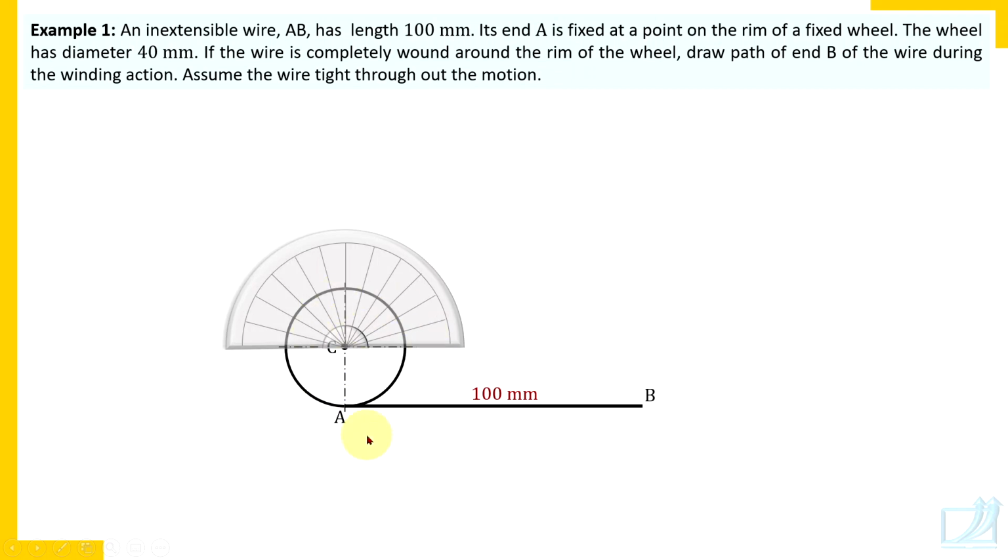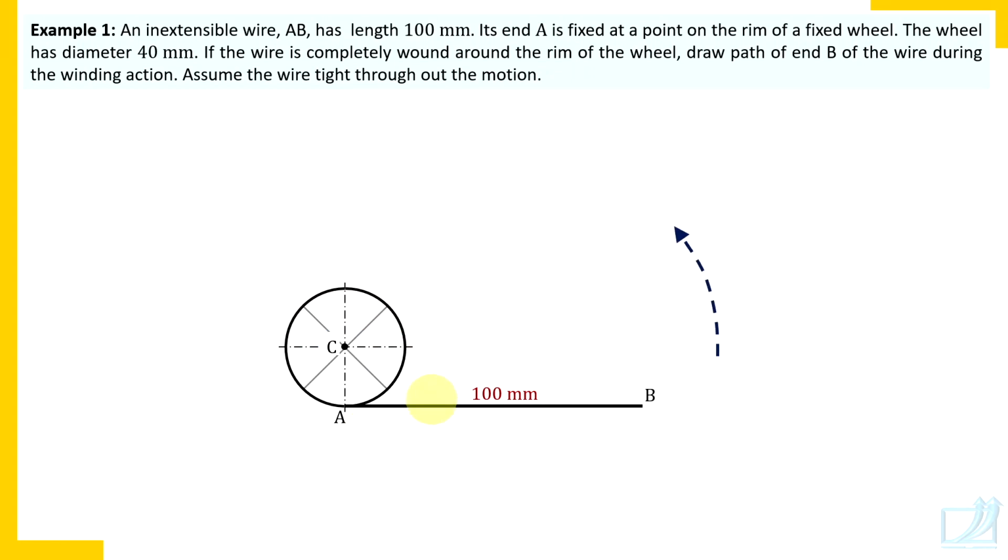Divide the circle in 8 parts. So this is how. At the center of the circle, measure 45 degrees using a protractor. Be very careful in measurements and divide the circle in 8 parts. Now check in which direction this wire should rotate for winding action. So here in this case, the wire must rotate in anti-clockwise direction. So in anti-clockwise direction, you label these points. This is very important.